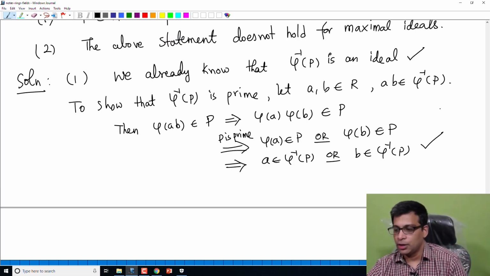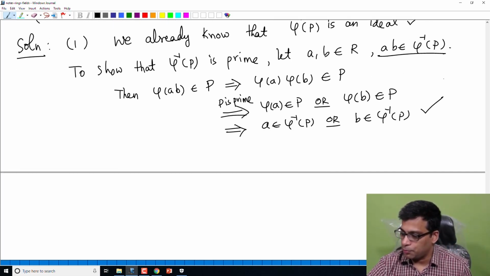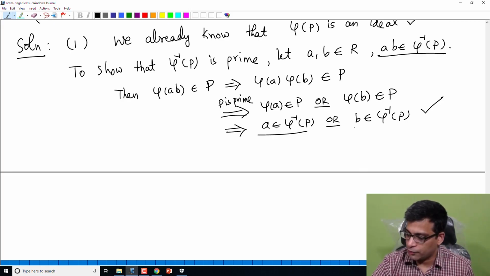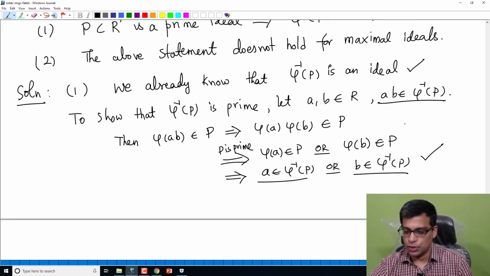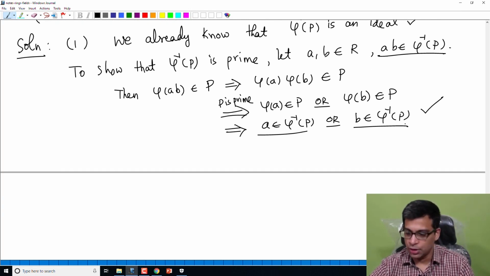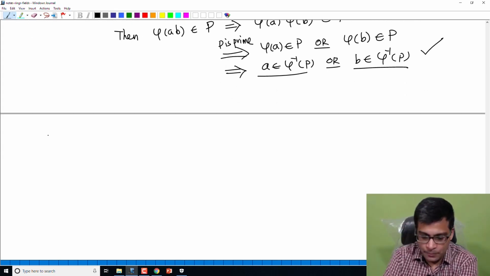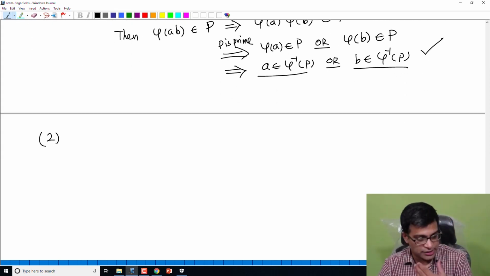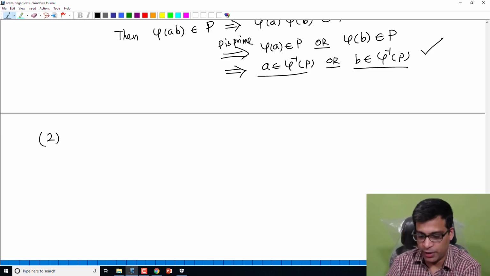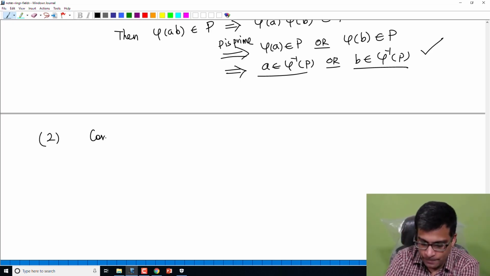As required, right? I started with the product that's in phi inverse P, and I have concluded that one of them must be in phi inverse P. So this is easy, straightforward, just the definition. Now why do I say that the same statement does not hold for maximal ideals? So consider